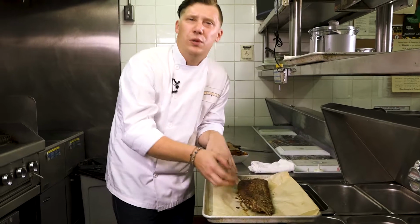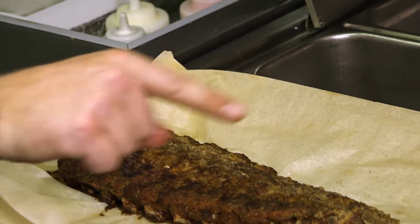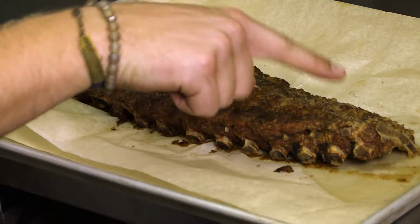A lot of times we cook ribs so far that they have that fall off the bone texture, but they end up tasting like pulled pork. What we're actually looking for is the meat to be cooked enough to come away from the bone, but it still should have a little bit of bite and texture to it. And you'll notice that salt and pepper created an awesome crispy crust along the outside of our ribs